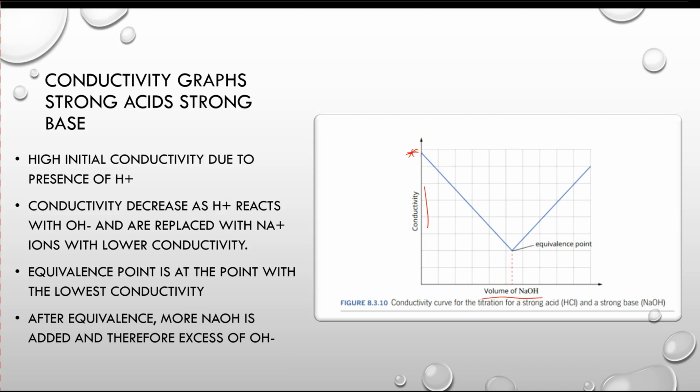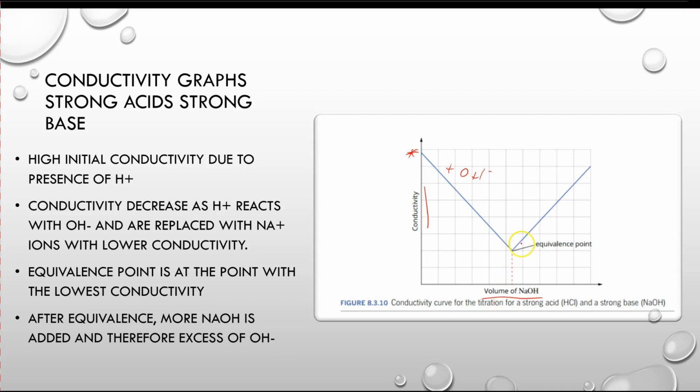And that again is because we have our acid in solution, and it's a strong acid which totally dissociates. So we're going to have a greater concentration of those hydrogen ions. So we have that high initial conductivity. But as we're adding more and more hydroxide, so we're adding the hydroxide ions here with our sodium hydroxide, my water is being formed. By my water being formed, I'm also making sodium chloride. Those sodium and chloride ions are not as conductive as the hydrogen and the hydroxide, so we're getting